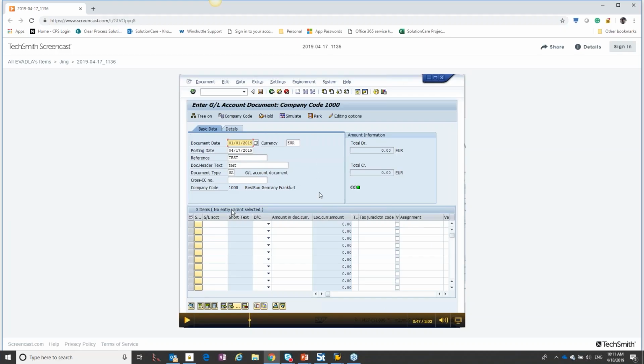Even though the screen does not change, it helps us to separate our header information from our detail information. Let me continue to play that. So what I've done right there is I've hit enter, and that has now brought me down. I can bring my cursor down to the detail information. And as I'm looking through the detailed information, I see that there's maybe 13 or 14 lines that I can key in here. And so what I need to find out is how's the best way to create a loop